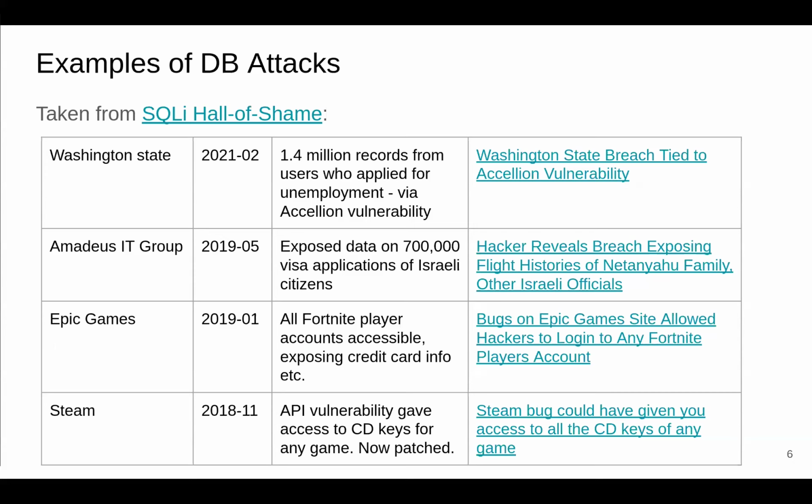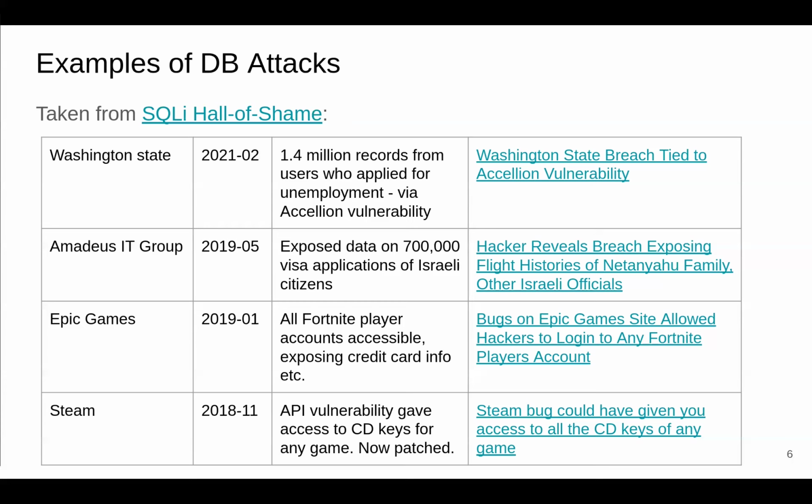Just one example is Steam, where they had an API vulnerability, which resulted in unauthenticated users being able to access CD keys for any games, downloading and cracking any of the new games that are out there. Epic Games had an issue where the raw data for all Fortnite players's accounts was accessible, including such confidential data as credit card information, which is not great.